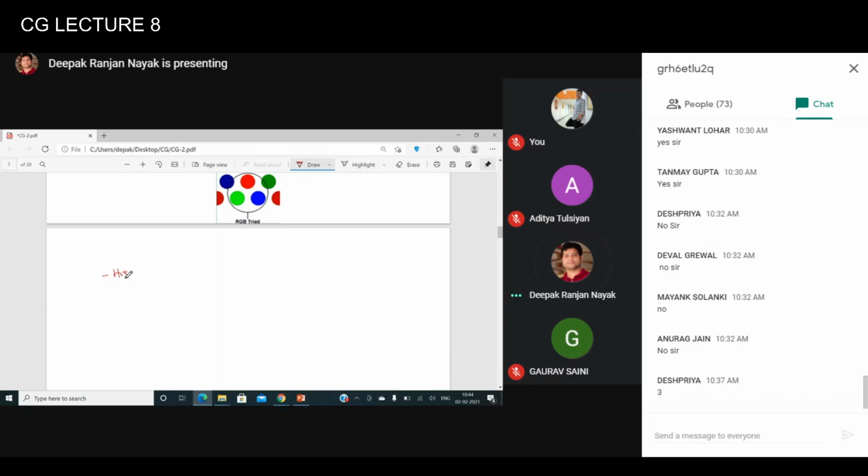High quality raster graphic systems have 24 bits per pixel in the frame buffer.